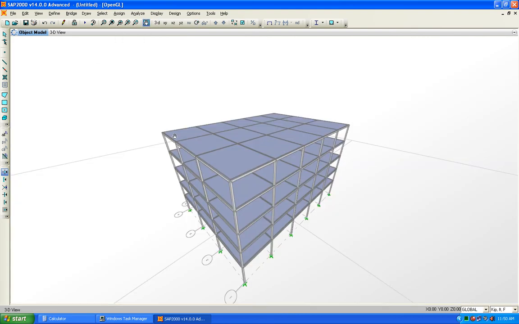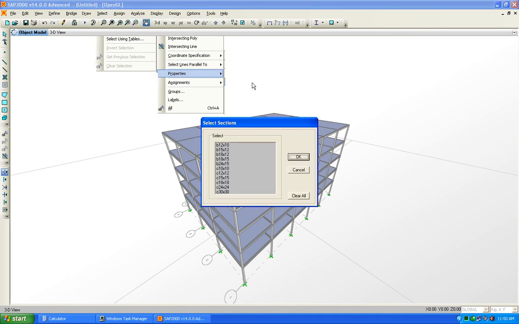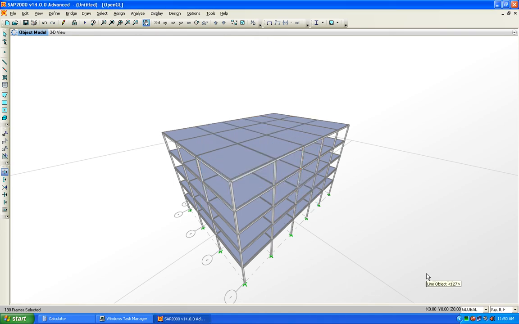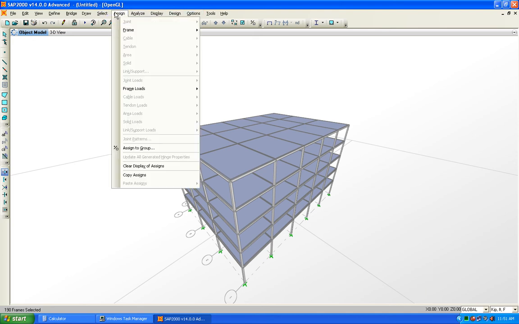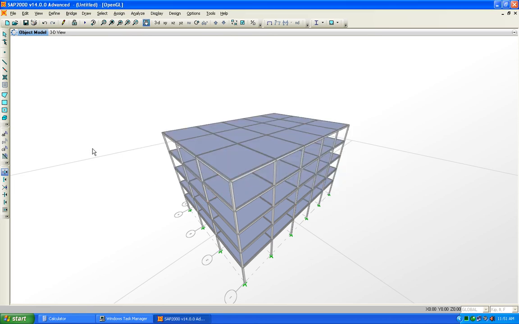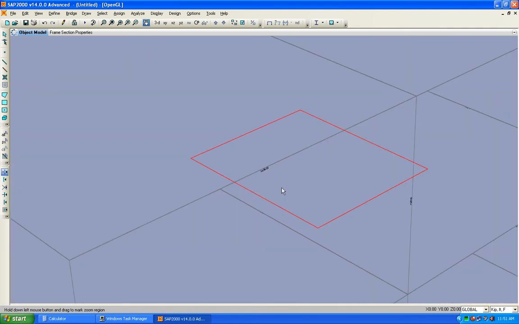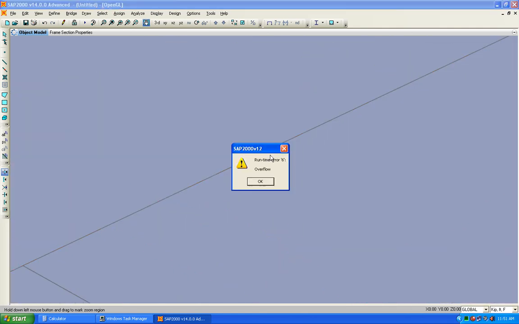Select by property and select by the frame section. And by default we have B12 cross 10, select all the beams. So all the beams are selected. Now assign frame section and select a heavy section of 24 cross 15. A heavy section is being assigned to the frame, and let's check it. Oh my god, let's save our work here. Okay,